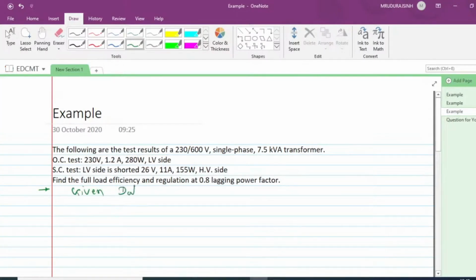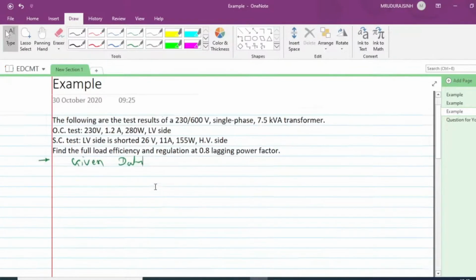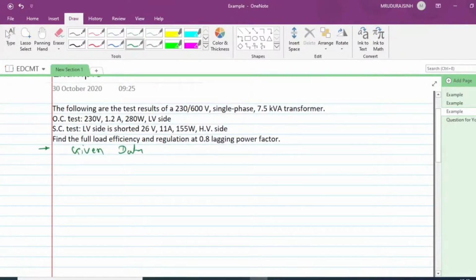Given data: the data given to us is the following test results of a 230 by 600 volt single phase transformer. The primary voltage V1 of this transformer is 230 volt, the secondary voltage V2 is 600 volt, and the power rating of this transformer is 7.5 kVA. The OC test data is: